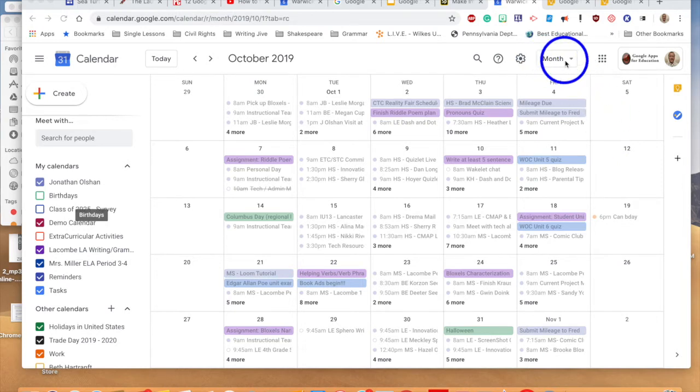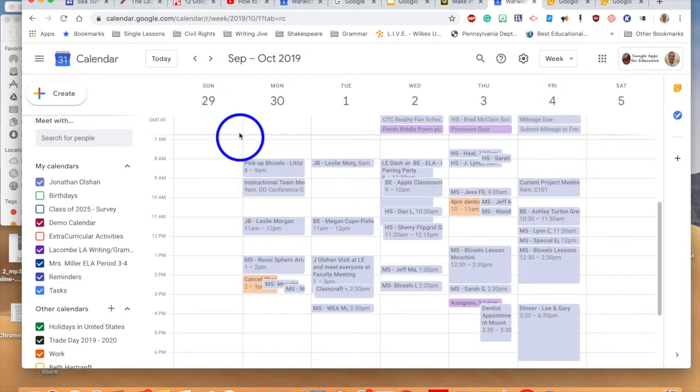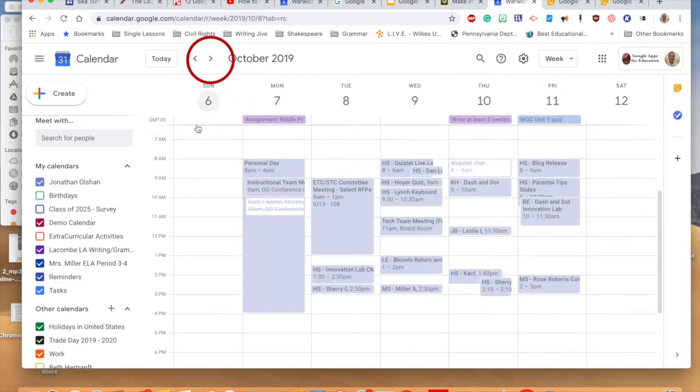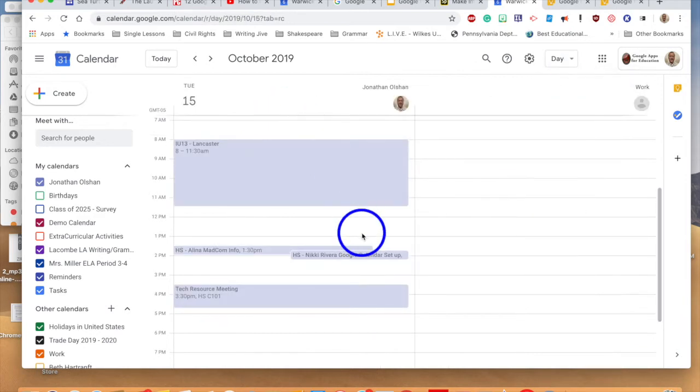If you go to the top section of your calendar, you can change the view of what you're looking at. So right now we're on a monthly view, but if we go to a weekly view, it's certainly a lot better as far as what we can see for each time, what's going on there, what we have for each day. You can also go to a daily sort of view here, and we can see that it's a lot